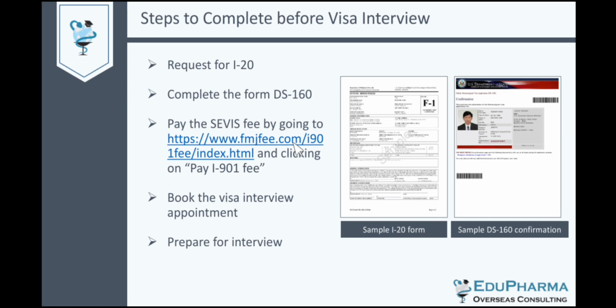You need to also pay a SEVIS fee. This is for students. You can go on this link and then click pay I-901 fee. Once you pay this fee, a receipt is created, and you need to carry this receipt with you when you go to the interview. This is a very crucial step, and this needs to be completed before you go for